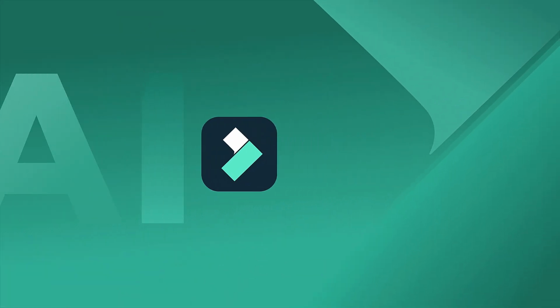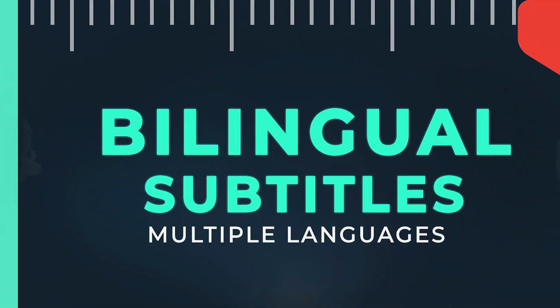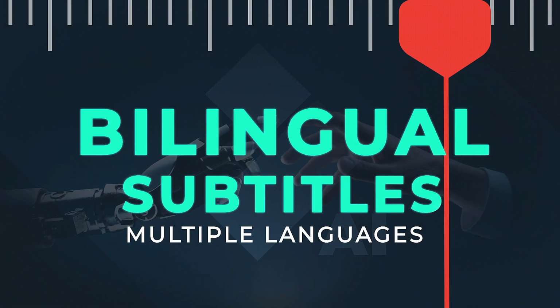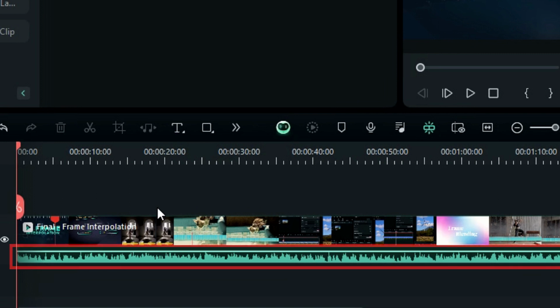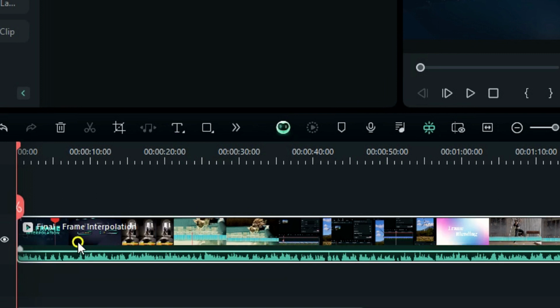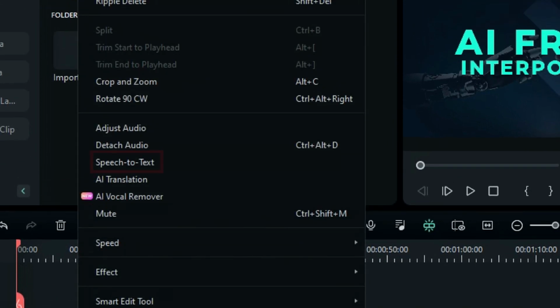In this video, we're going to show you how to add multiple language subtitles using the speech-to-text feature in Filmora. Make sure your video has a voice, or you can add it separately. Then right-click on your video clip or audio clip, and from the menu, select the Speech-to-Text option, and another screen will